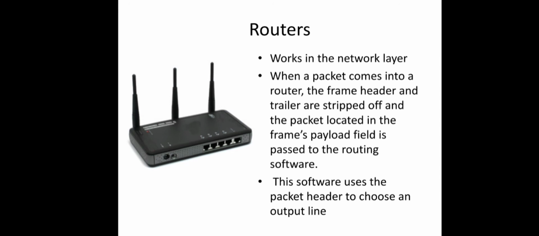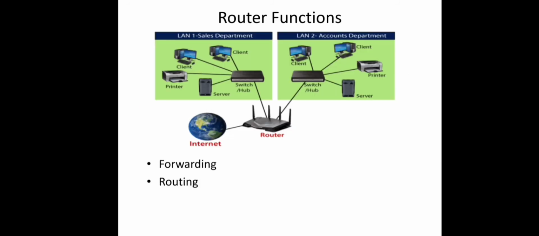The data link layer, it is not at all bothered about. As long as they are using some common routing protocol in the network layer, it can be routed using these routers. Okay, every router will have three different layers of software, right? Physical layer, data link layer and network layer. So when a packet comes into a router, the frame header and trailer are stripped off in the data link layer itself, and the packet will be handed over to a routing software, that is in the network layer. And this routing software will consult the corresponding routing table to find the output line for this packet.